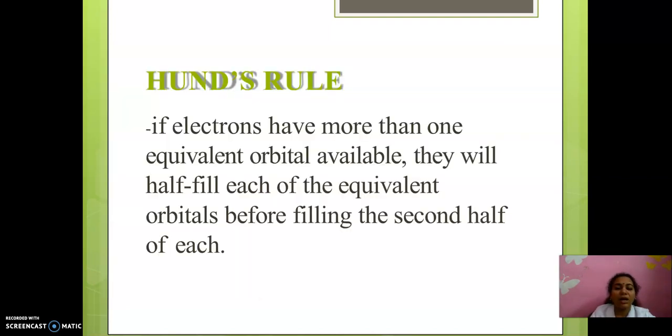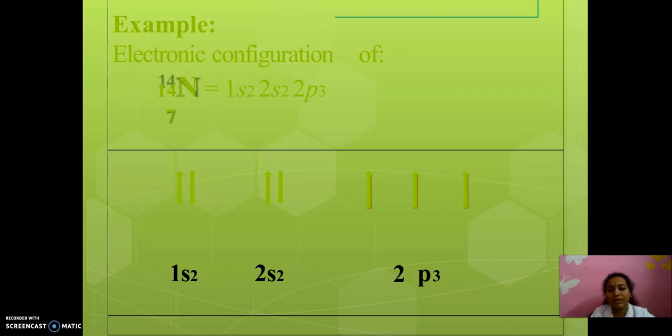Hund's rule. First, in each energy level, we have to occupy single electrons, then only pairing will occur. You can see that nitrogen's atomic number is 7, so we can